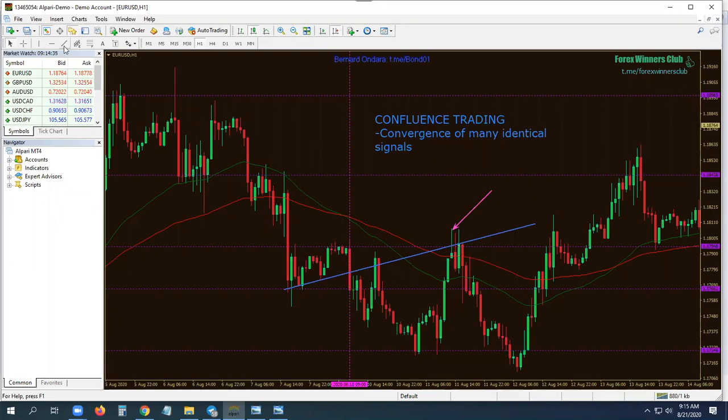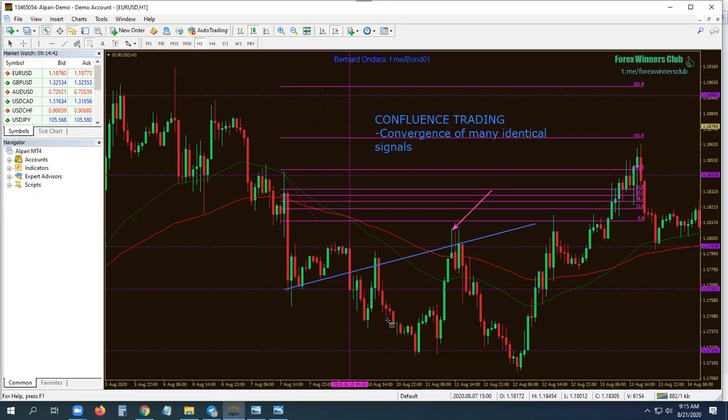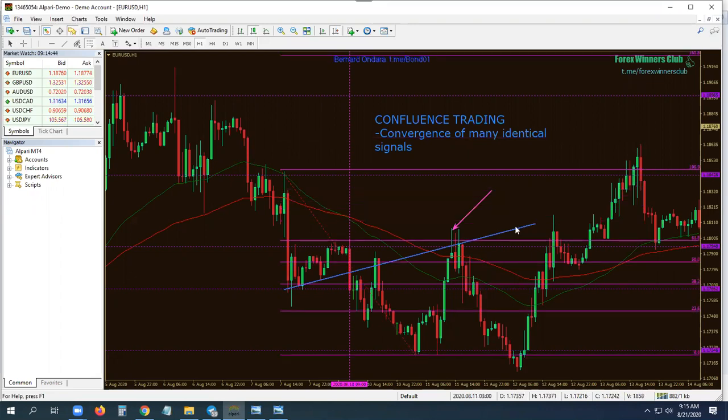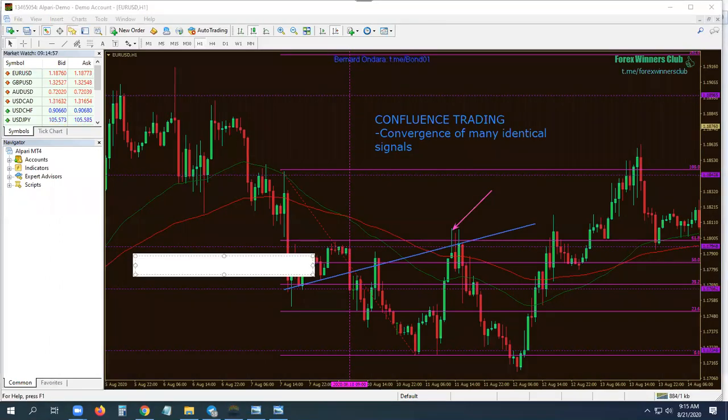Now, what else do you see? Fibonacci. Can we use Fibonacci here? Yeah, you pull Fibonacci from here. Market started from there, went down to this level. Soon enough, this pattern is forming at 61.8. Wow. Where is the pattern forming? At EMA 100. Now, this is Confluence trading. Let me show you why. That's why that's a good signal.